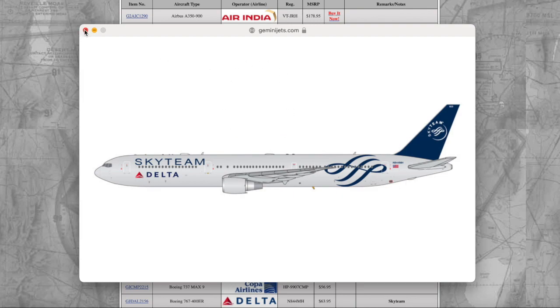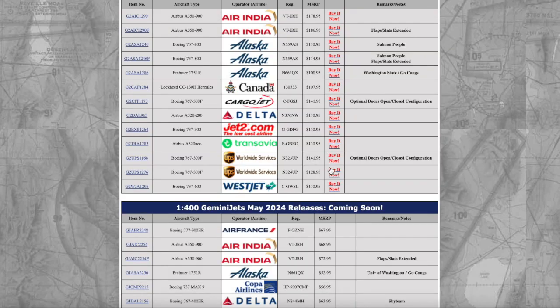It's not every day I see a Delta 767-400. These are rare birds around the skies in the US. There aren't many operators, mainly Delta, United and some other airline, plus a government aircraft. But it's mainly United and Delta that operate many of these 767-400s. So yeah, that's it. I already said the registration, but the price is $62.95. So yeah, there's that. Next up, we should have...